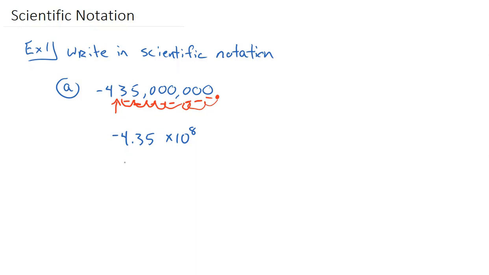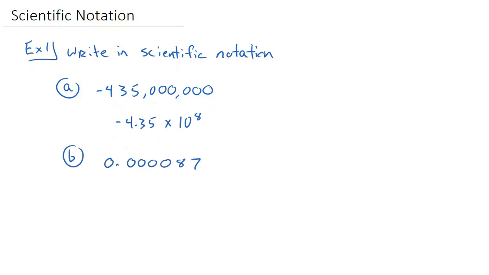So if you enter in your calculator negative 4.35 times 10 to the 8th power, it's going to equal the original number. So we haven't changed the number, we've just written the powers of 10 off separately. Let's look at another one. Alright, let's look at